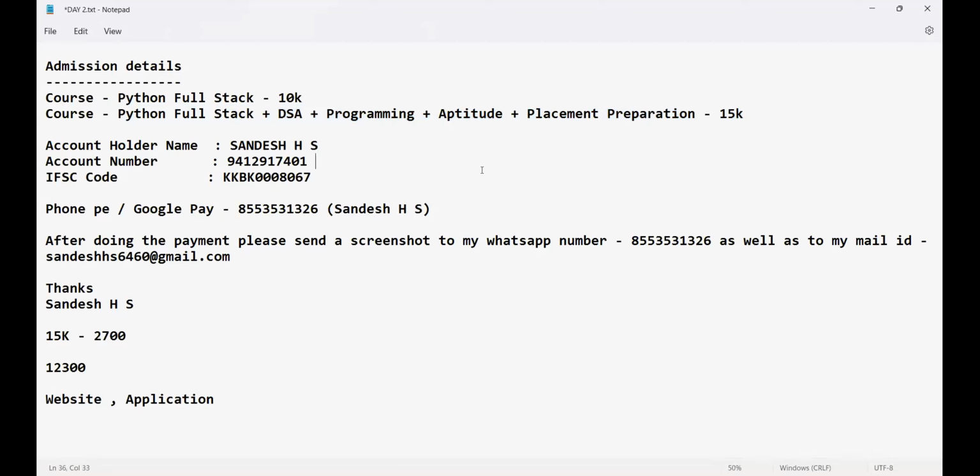Before doing the admission, please give me a call. I hope you are aware of my number, right? And once you are done with the payment, please send me the screenshot to my WhatsApp number as well as send me a mail. It will be a confirmation. After you do the payment, don't expect the receipt suddenly. Give me 2 days of time. Within 2 days, you'll be getting your receipt. Is that clear? Because I have to take care of everything. That's the reason I'll inform my team so that they'll send you the receipt. Is that clear, guys?